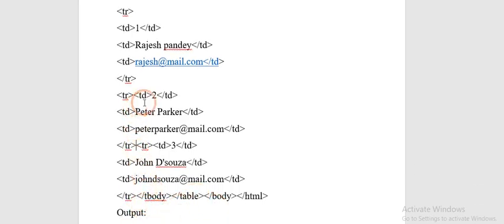Once you have completed all the entries of your table, you will need to close the table tag. So the table tag is closed over here by using backslash table, then your body tag and the HTML tag. Once you have completed writing this program on your editor, you will save it with the .html extension, and then you will see the output on your browser.